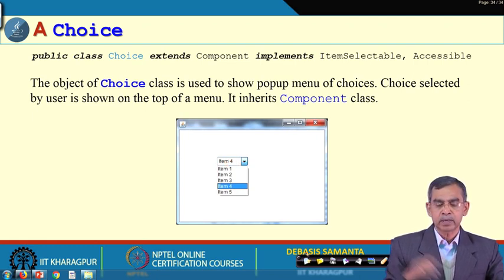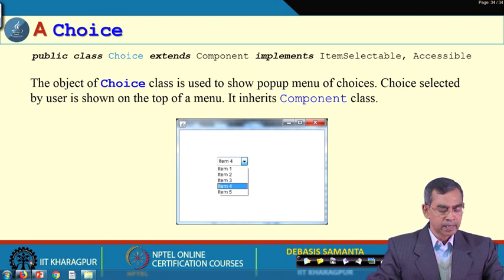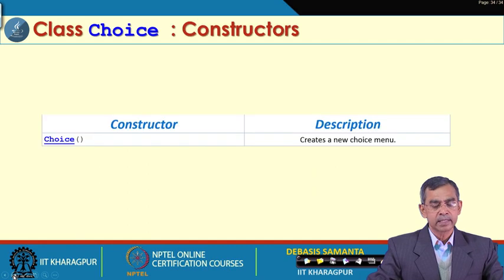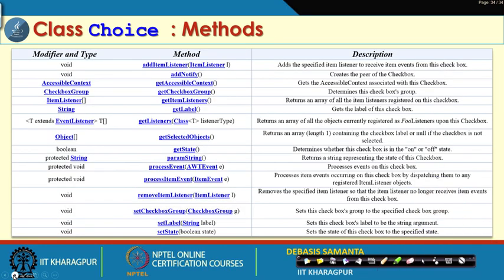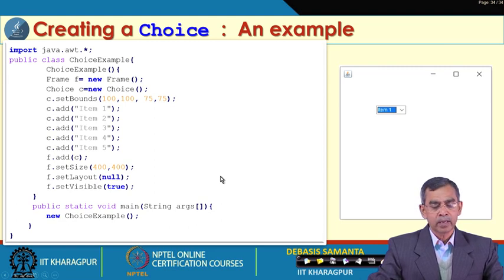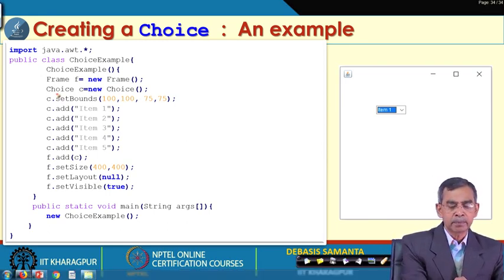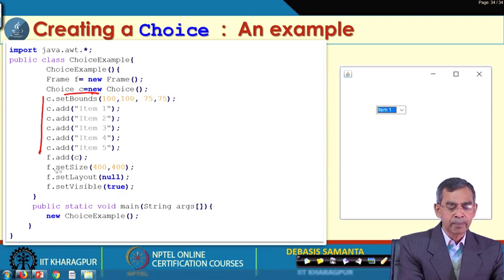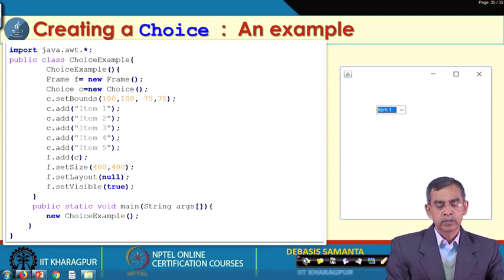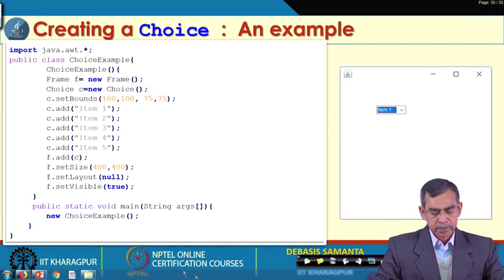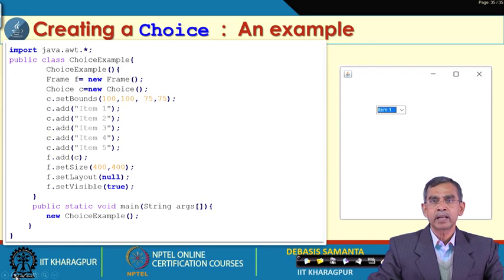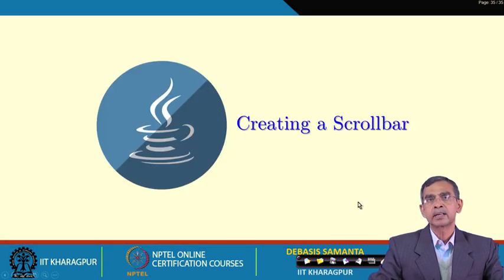So, this is the idea. For this kind of graphical user interface, the class in the AWT is called the Choice class. It has only one constructor. There are many methods, and here is an example of how we can create a choice with 5 elements in it. This example is similar to the list example. We have created a choice, added this choice into the frame, and then the frame is ready to use. So, this way choice items can be created, and then it can be included in a frame, or in an applet, or in any other container itself.